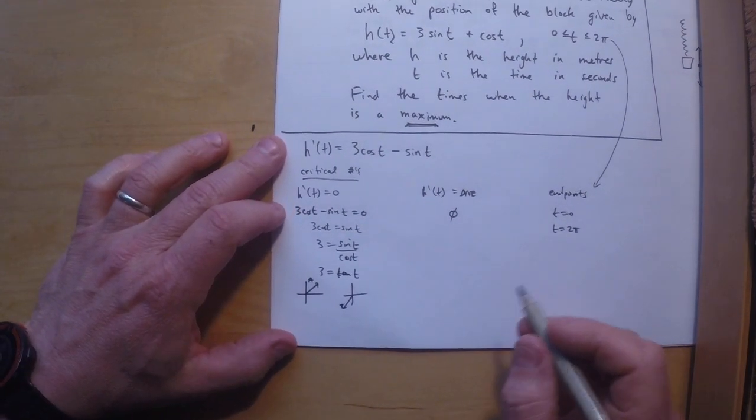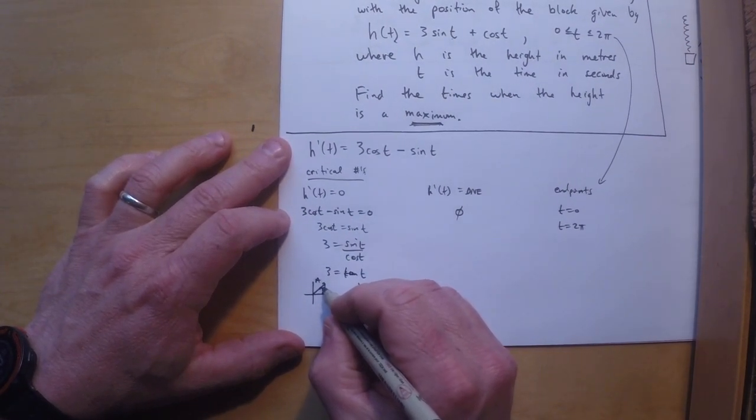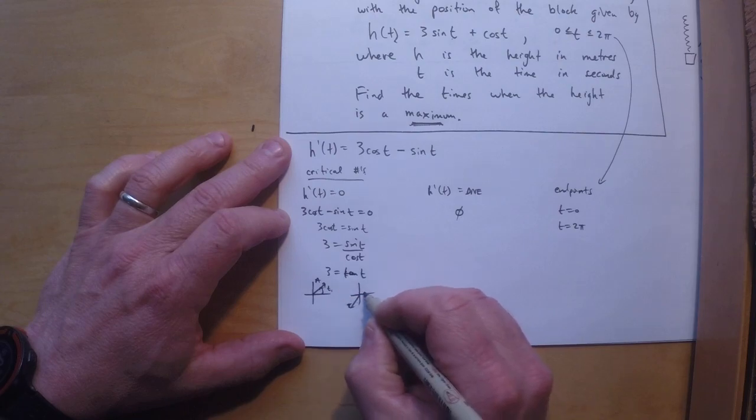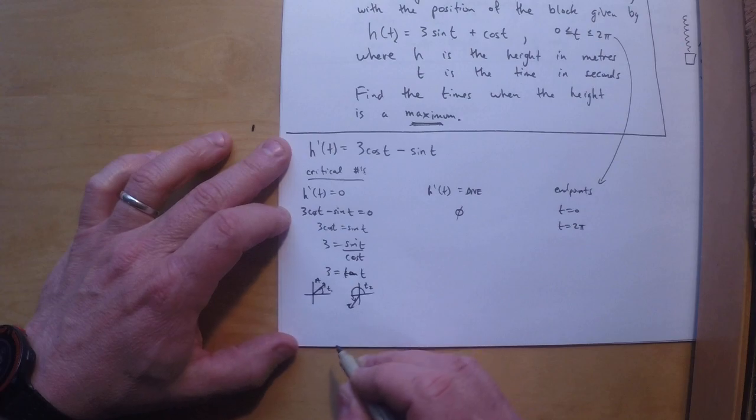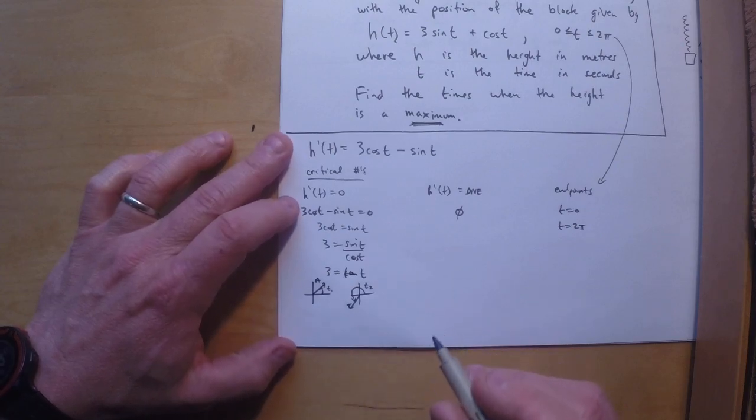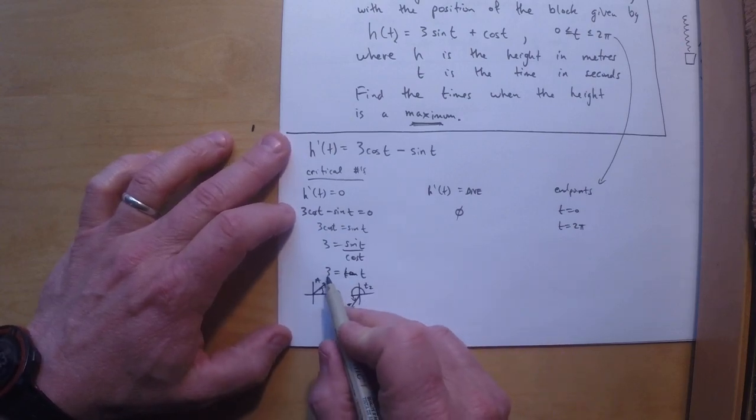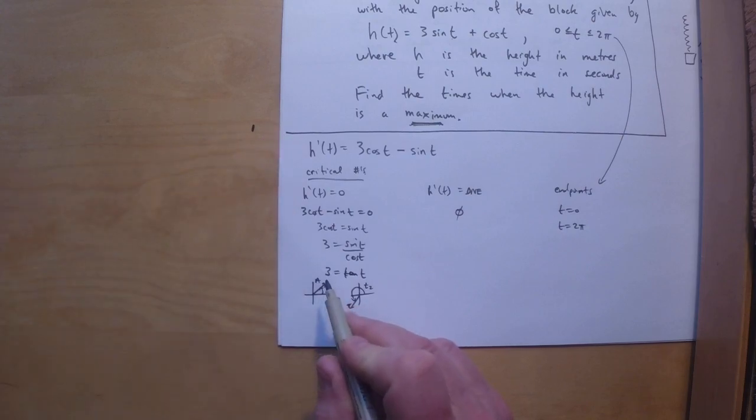So my first time would be right here, and I'll call that time 1. It's really an angle, but it's a time as well, and that's time 2. To find my reference angle, this is not a special ratio at all, so I'm going to have to go